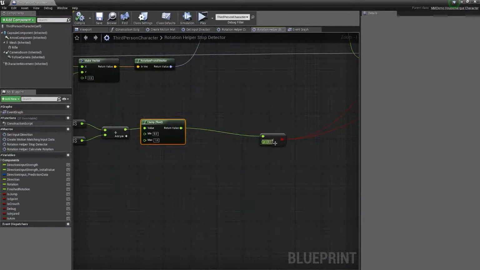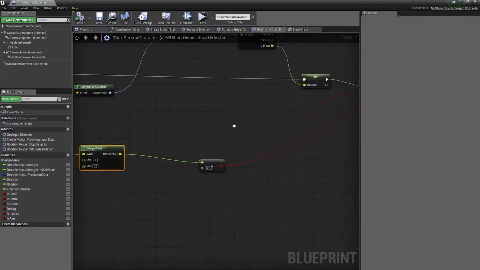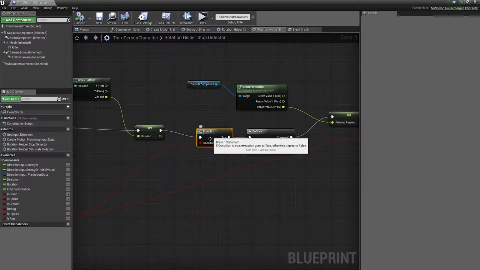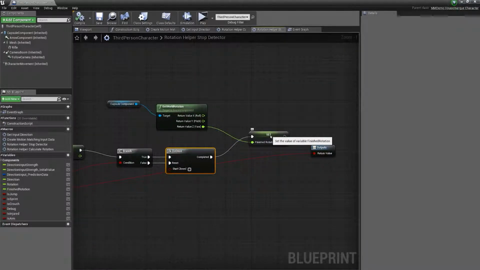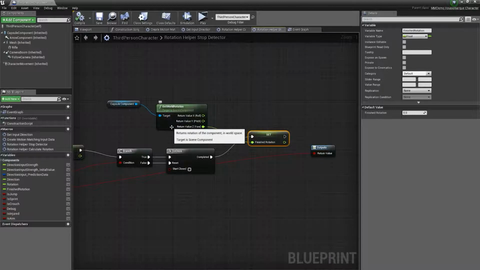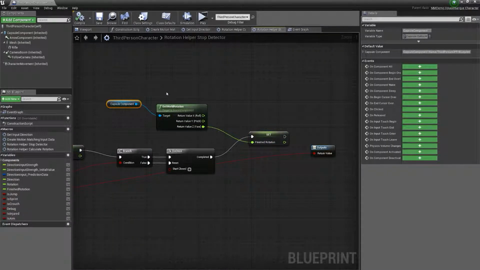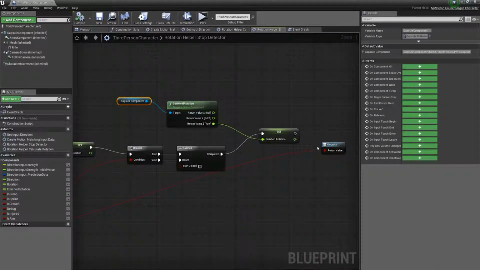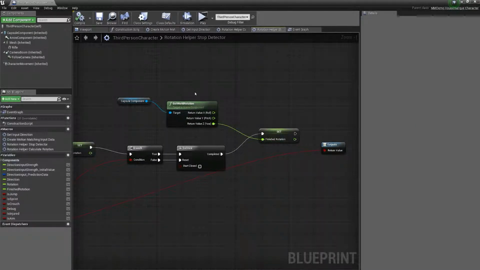And then if that's less than 0.1, which means you've obviously released the input, we're going to say this is allowed to be true, because that's technically true. We're going to do it once, and our do it once is our finished rotation. We're getting just that capsule component's rotation, and that is it. So that is our finished rotation that we take over